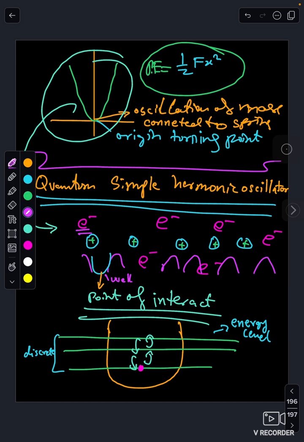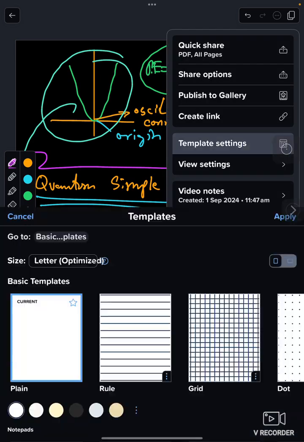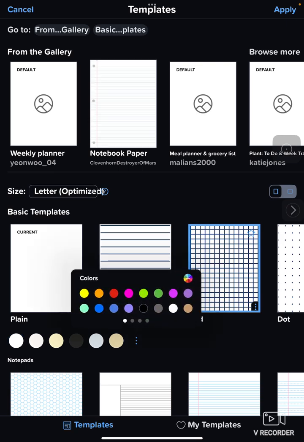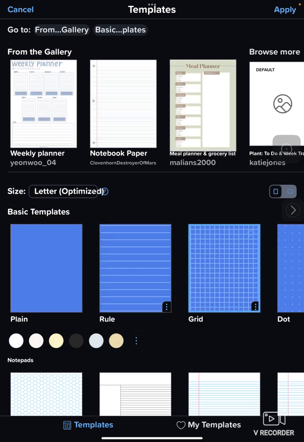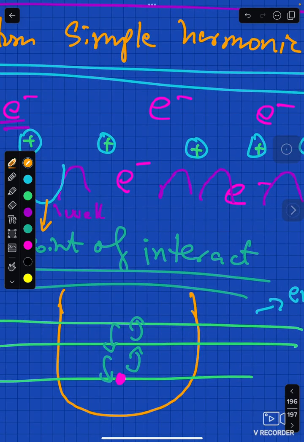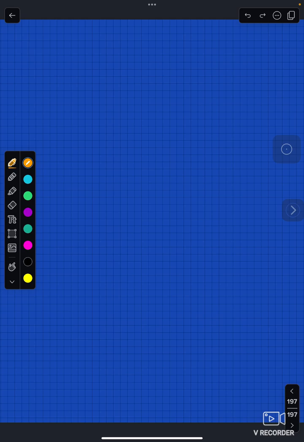Wait, let me change something over here so I can have a better understanding. Template settings, grid, color change to this, and that's good. Isn't that interesting? Okay, now I will zoom into this part. I will add one more thing over here. Let me draw the same thing over here,